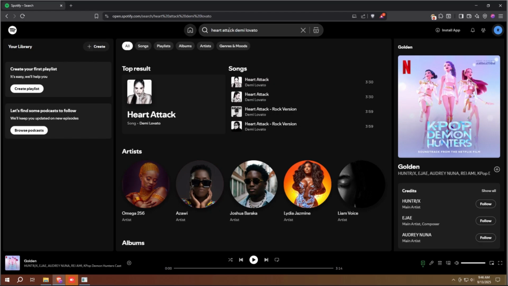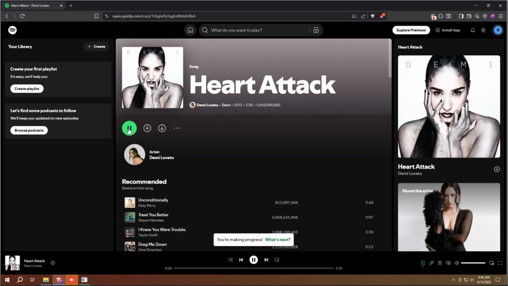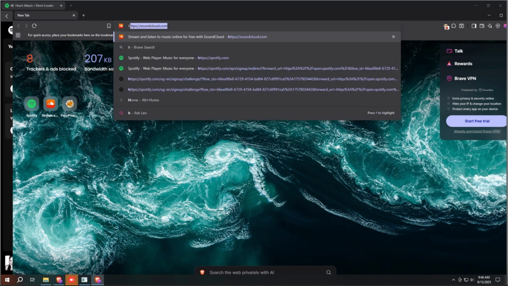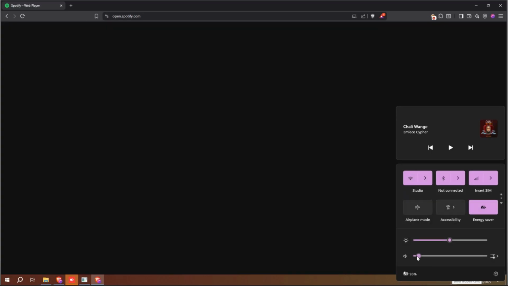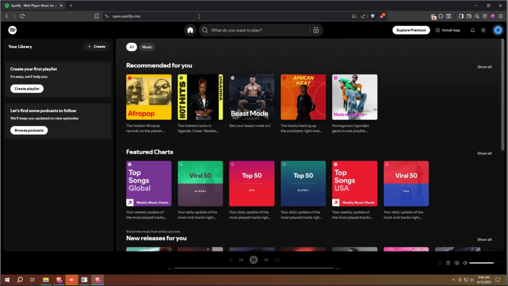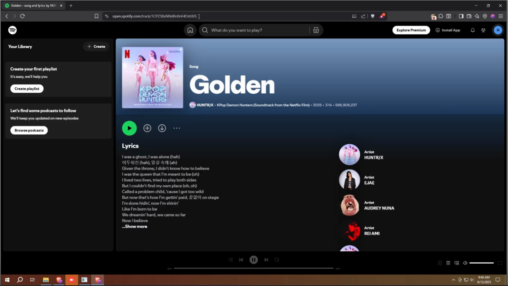Okay, as you can see, the software finds the song professionally based on the wait time that you had set. After clicking that, it goes to the second person. Let me reduce the volume. As you can see, for the second one, it has gone to the URL search bar. It finds the song, and then